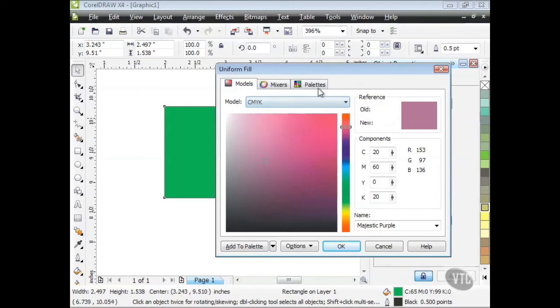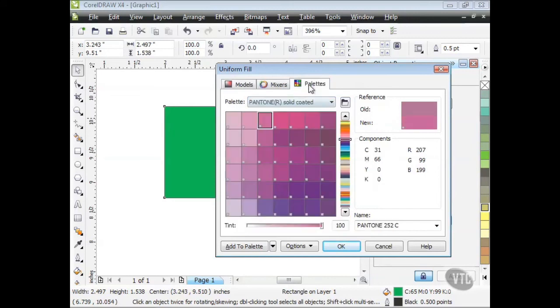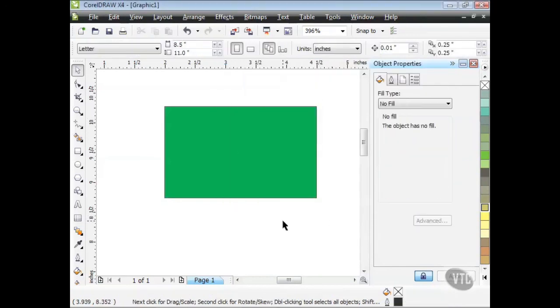By the way, I didn't talk about the palettes tab. We'll get into palettes in a little while. This gets into working with something called Pantone colors or Pantone inks. So I'll save that for a little later. All right, I'm going to go ahead and cancel out of this. Go ahead and fiddle around with filling your shapes with color, and I'll catch up with you in just a moment. To change your